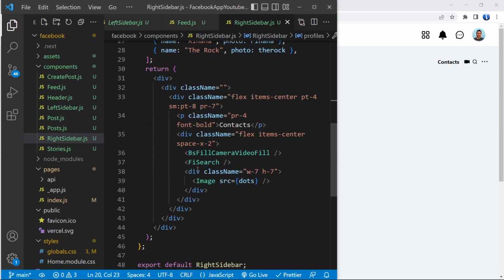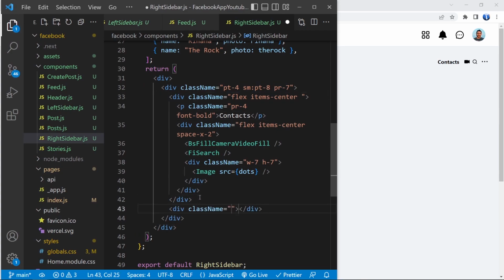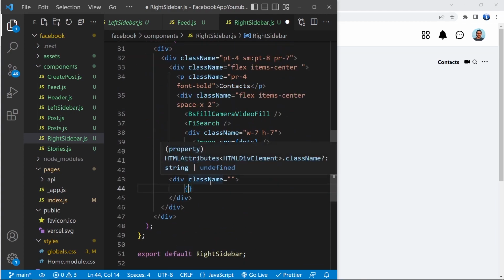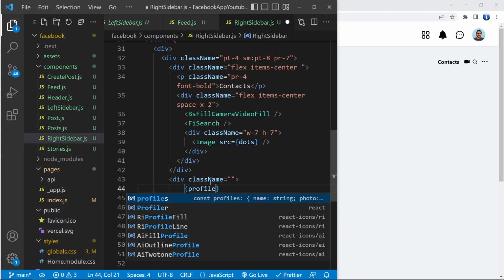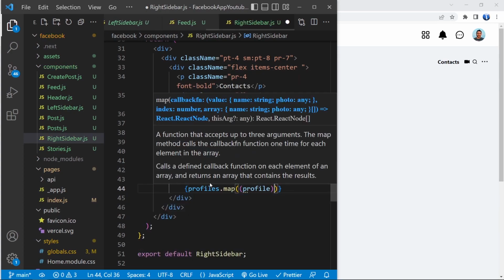So if we go, where is it? So this ends right here, I think. Padding flex, item center. Okay, we can take this padding right and small and padding top and add it here, because we want to create another div and we want the same styling for it as well. So here inside this div, I'm gonna map through the profiles. I'm gonna say profiles dot map, and for each profile